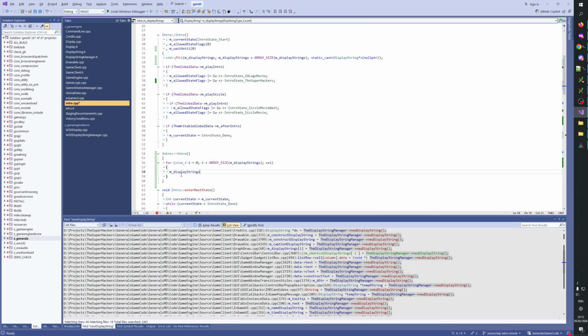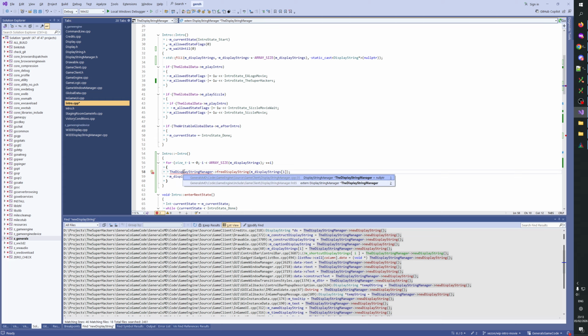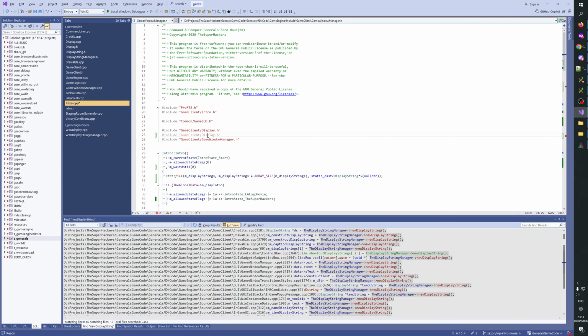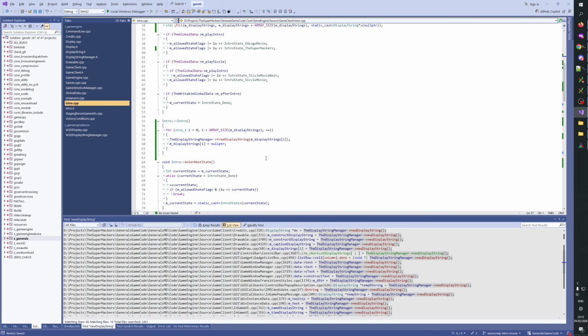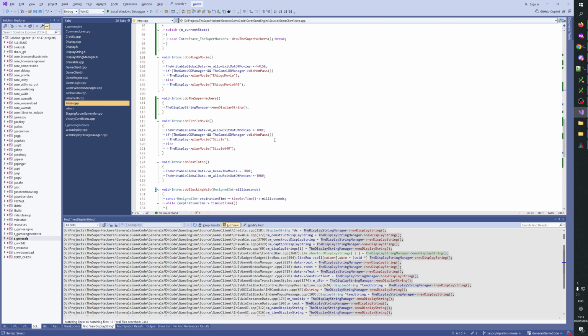Display strings i, ptr, and the display string manager free display string, display strings i. There we go. We need a game client display string manager. Okay, so the cleanup is done, initialization is there,